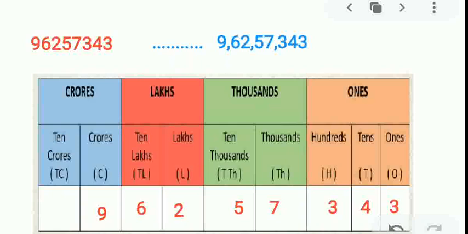Let's see. Next, one number is given to you. If you are asked to convert it into its standard form and write the number name, how will you do it? We know that the order of putting commas in the Indian system is 3, 2, 2. Let's put commas. 1, 2, 3, comma, 1, 2, comma, 1, 2. So the standard form is this. Now, how to read it? Just on the top of it, write the periods so that it is very easy. 9 crore 62 lakhs 57,343.